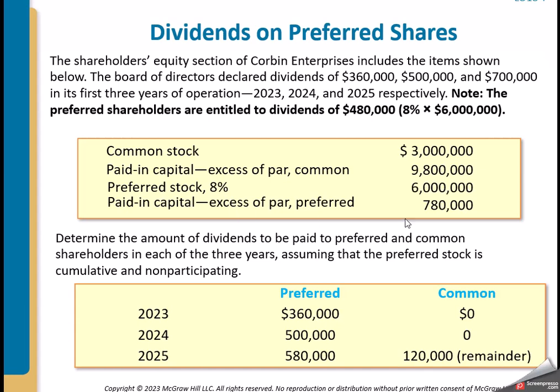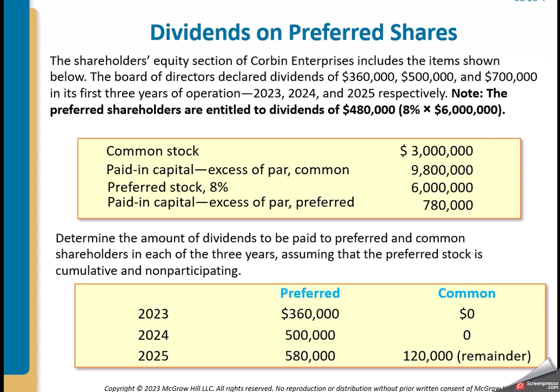So then we would calculate that out to say, okay, we would owe them 480,000 if I'm doing that in my head. So then if the board of directors declare 360,000, all of that is going to get paid to the preferred stockholders, and there's still